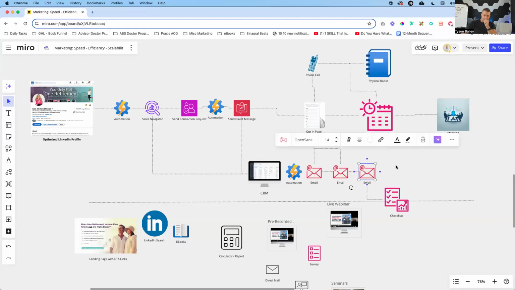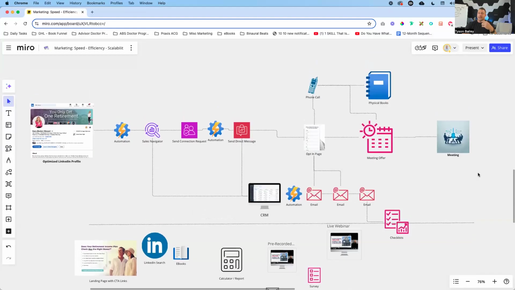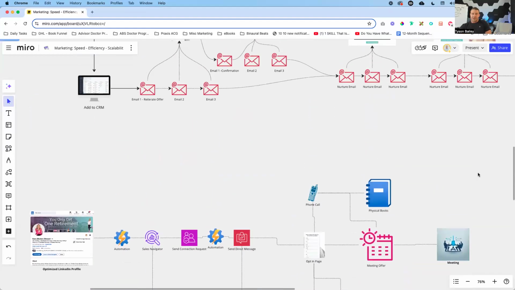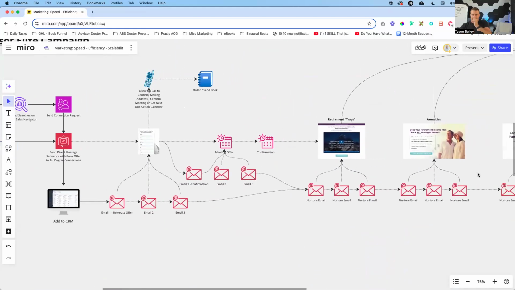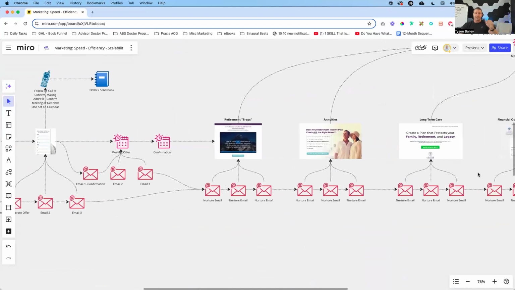Now, from there, you can start thinking, what's next? What can I do? What else can I put in front of these folks? Now, I'm going to go up. So let me give you an example of what we do for our agents and advisors. And remember, I said that there's a time and a place for gated content and how you structured things.